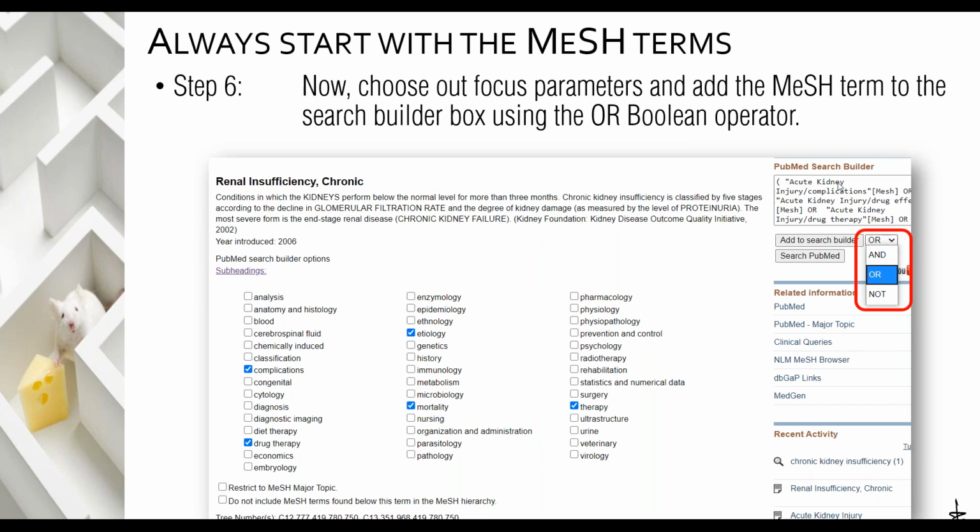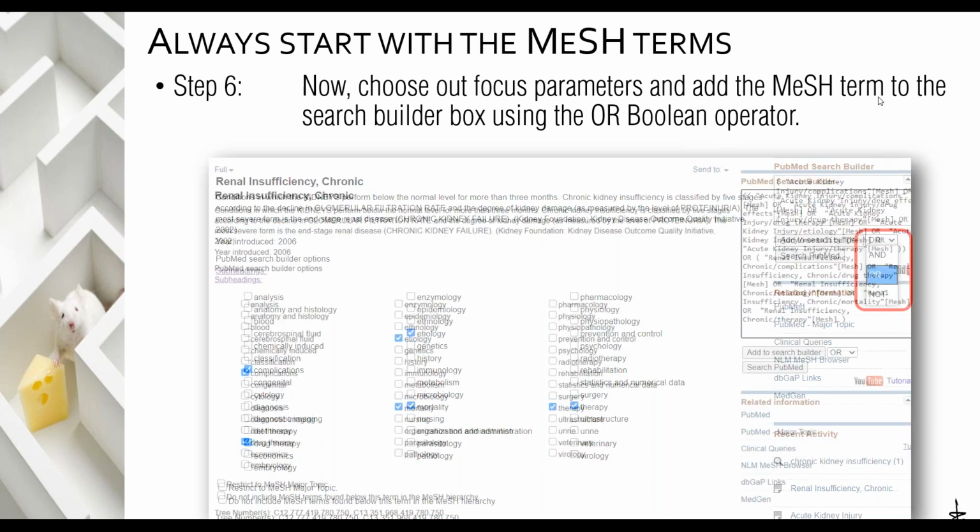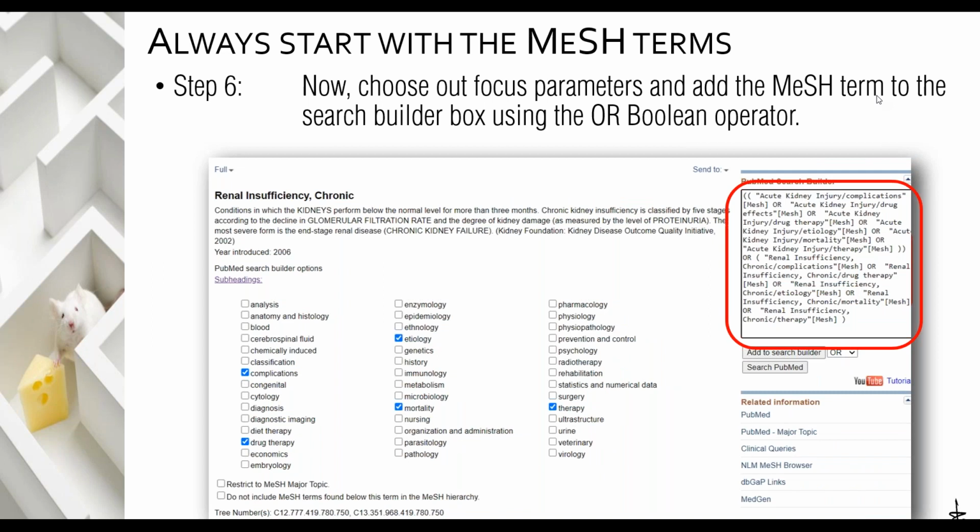So I need acute kidney injury, which is already in the box, or chronic kidney injury. Okay, so when I choose the Boolean operator, I put it to OR, and then I press on the add to search builder. It's going to add it with the Boolean operator